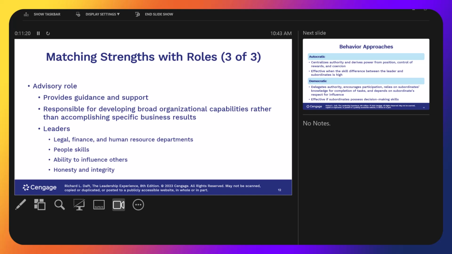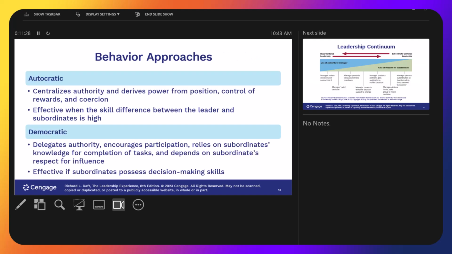Nobody's coming to someone to get bad advice, to be advised to do something wrong. They're coming to you because they don't know and they want to find a better way to do something, or they don't know at all. So let's look at some behavior approaches, because it baffles me at times when people don't